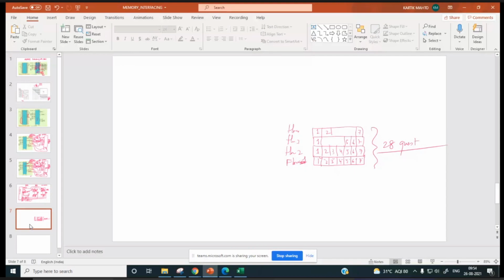Otherwise, what will happen if I say go and clean room number 5? Which room, which floor? 5 is here, 5 is here, 5 is here. So 4 floors are there, so we assign now. Now proper addressing is done like this: 1,1, 1,2, 1,3, 1,4, 1,5, 1,6, 1,7. Similarly for floor 2: 2,1, 2,2, 2,3, 2,4, 2,5, 2,7. Similarly 4,1, 4,2, like this.